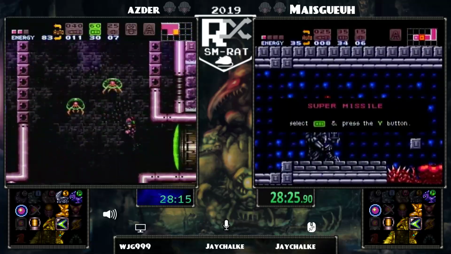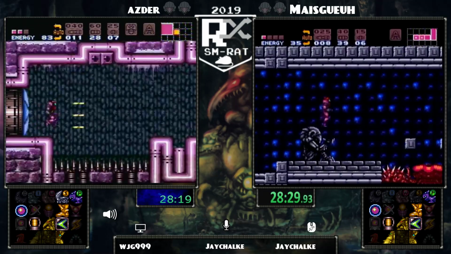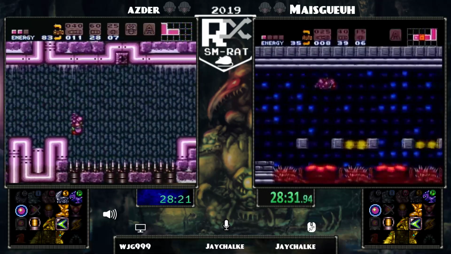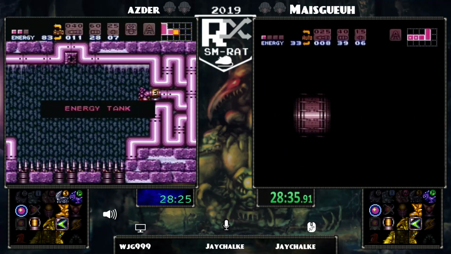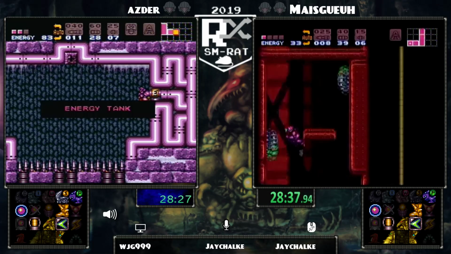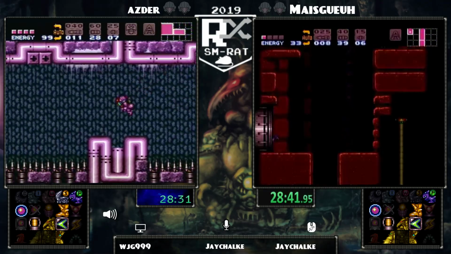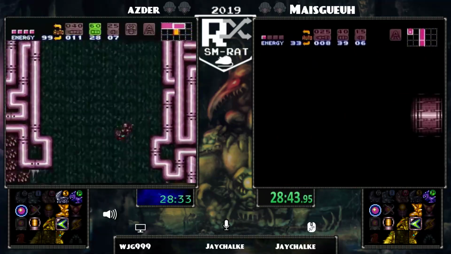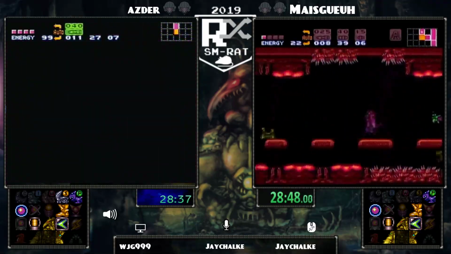And here's an alpha check. We already know it's back here. Super and a power bomb. So Maisgueuh's 20 supers behind Azder, but there's tons of supers in Meridia. There's an E-Tank, so Azder's definitely going to pick that up. We're down to Criteria supers behind Ridley, behind Dragon,